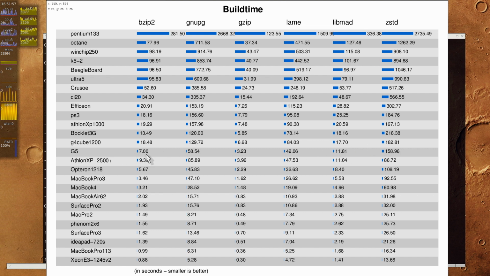I would have thought it should be much faster given the extremely power-hungry and high bandwidth G5. But at least build time-wise, even set standard here, even though it's running in parallel, it's not really twice as fast often. And yeah, then come low performance Opterons, then very old Mac Pro,